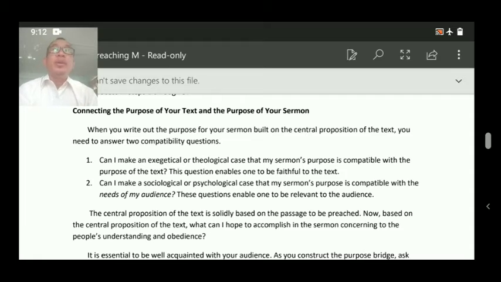For example, you are going to take Ephesians chapter 5, and you're going to deal with that. In structuring, you will structure three main points: walk in wisdom, walk in light, and walk in love. Ephesians chapter 5 is actually relevant to the believers. How can a believer live? In that context, because Ephesians chapter 5 is talking about